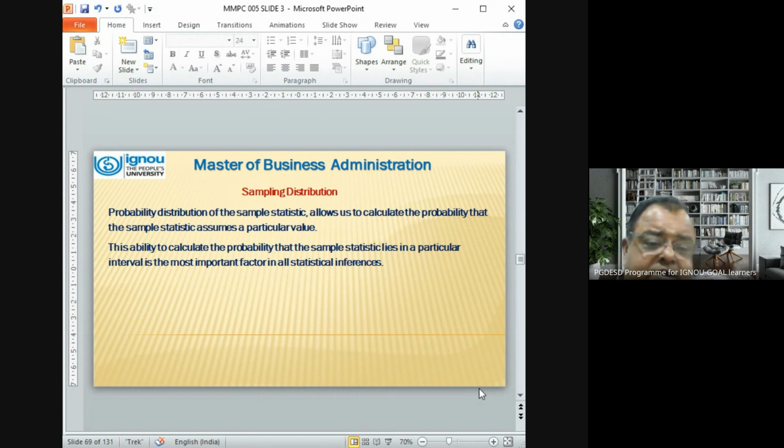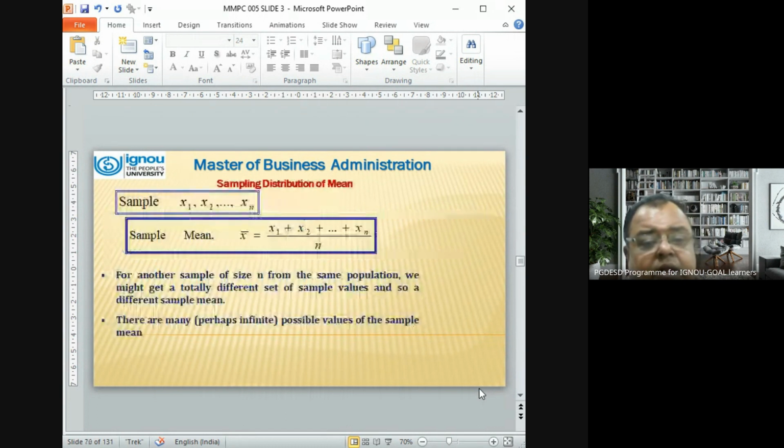The probability distribution of the sample statistic allows us to calculate the probability that the sample statistic assumes a particular value. You have seen how a probability distribution is made and drawn. This ability to calculate the probability that the sample statistic lies in a particular interval is the most important factor in all statistical inferences. Now see,